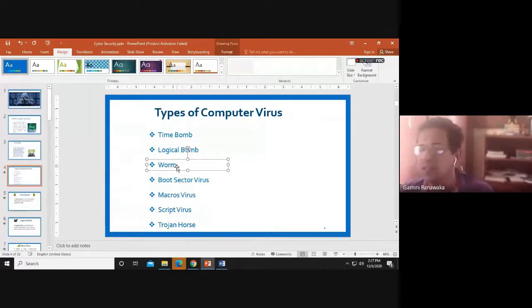Then the worm is another kind of virus. The main difference is that worms can spread through a